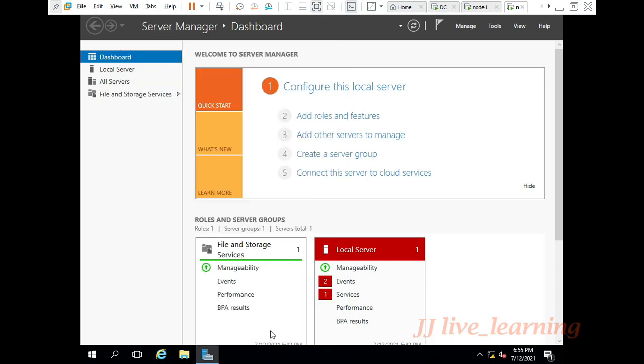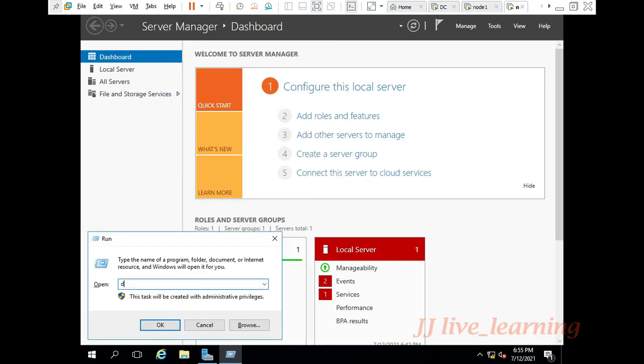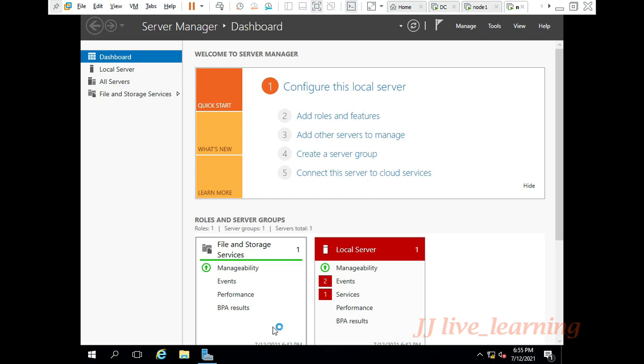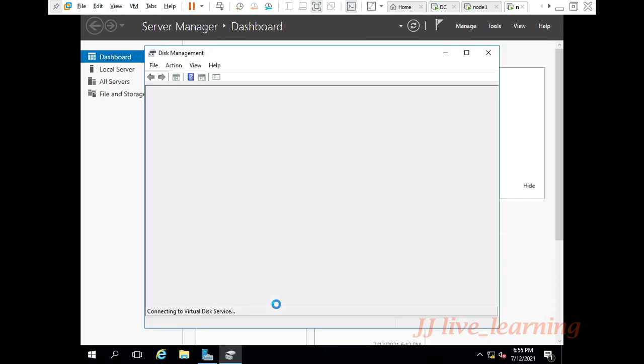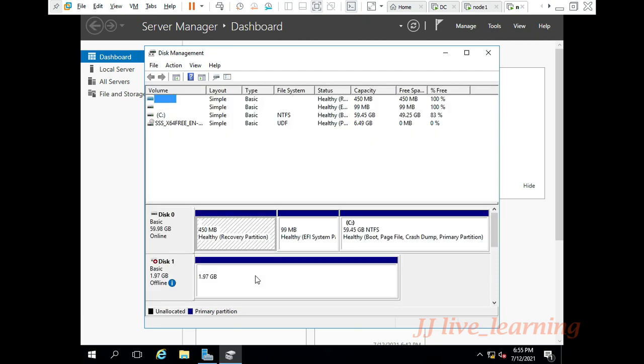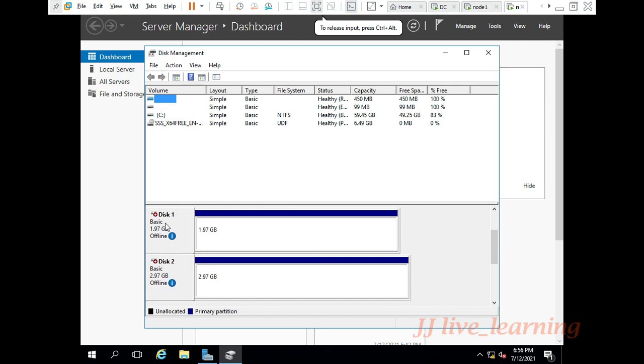So the drive which is present on your node 1 will be replicated to your failover cluster 2, that is the node 2 system. Just bring your disk online. You do not need to initialize it, just bring it online and automatically it will be present on your system.